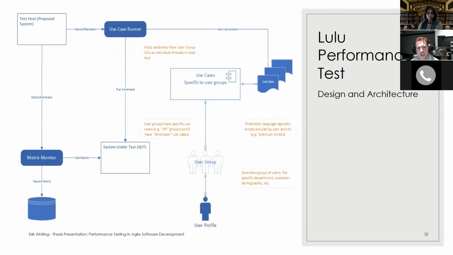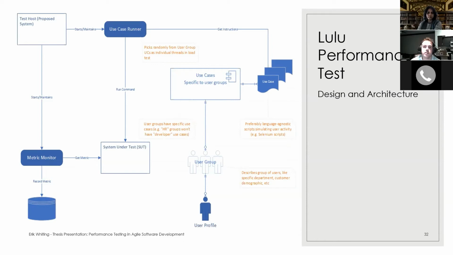Here's a really basic high-level architecture of LPT. The system has two main components. There's the metric monitor, which is responsible for monitoring the system performance, the CPU usage, disk space usage, anything else that you want to define, and recording those metrics. And there's also a use case runner component, and this is going to take in those automation scripts and use whatever load definition was provided by the users to run those use cases. And when I say use case, automation script, those are synonymous in this case.